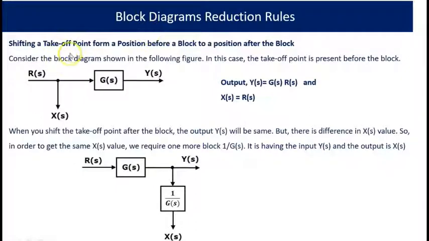Now the next case is we have to shift a takeoff point from a position before a block to a position after the block. Then what do we have to do? Here the output Y(s) is equal to G(s)R(s), and X(s) is equal to R(s). Now if we want to shift this takeoff point from this position to this position, Y(s) must remain the same. In the original case, Y(s) is equal to G(s)R(s), but here